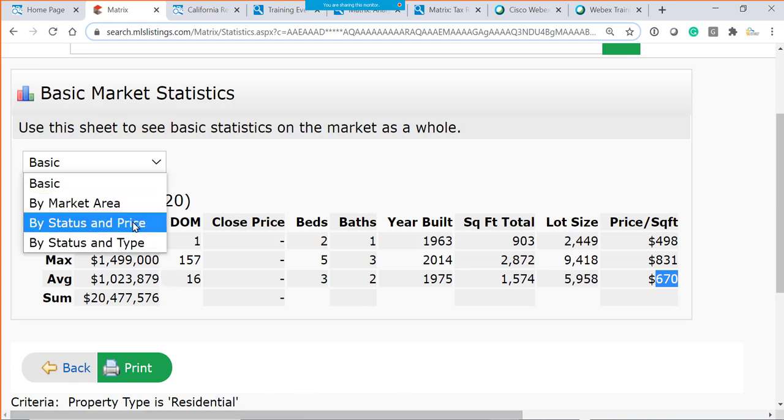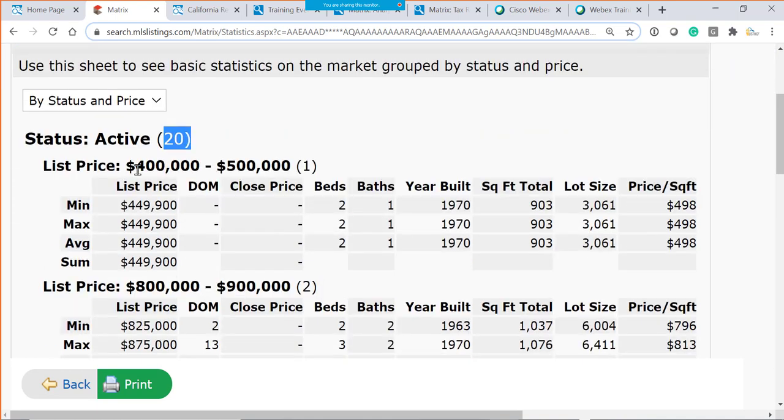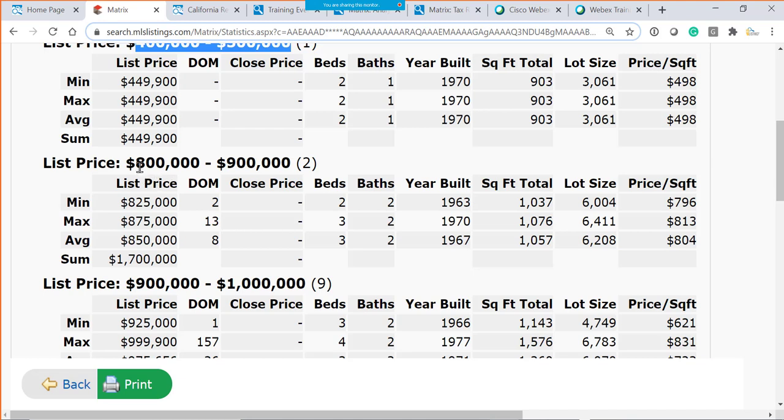If you want to go and break them down into status and price, those 20 have been broken down now. There is one property currently listed between 400 to 500, which is kind of weird. But because usually there are no properties under that price unless it's probably a short sale or an REO, right? They really want to get rid of it right now. The bank probably wants to do that. So